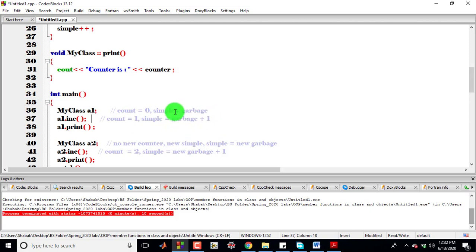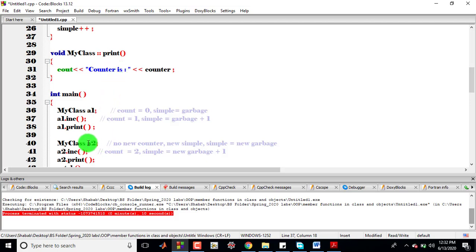As initially there is no value stored in simple, it holds a garbage value, so after calling increment there is an increase of 1 in that garbage value. Then the print function prints the value of counter on the screen.